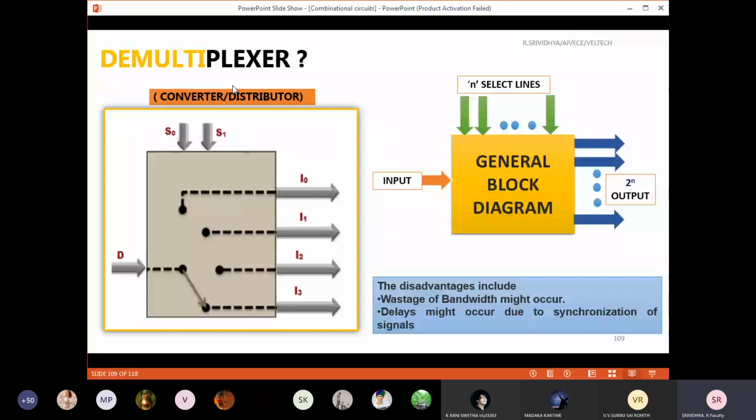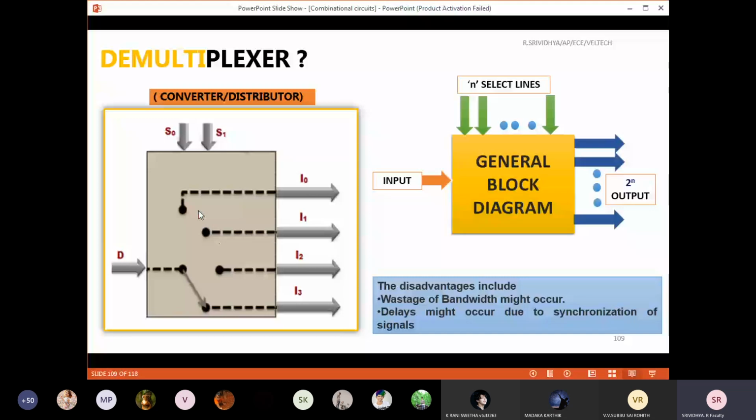See, why I'm mentioning all these names repeatedly is sometimes the questions will be twisted. At that time, you should not get doubts about which should be employed. For that only I'm mentioning it again and again. So here also I've taken the live example of Bluetooth speaker, then mobile phone, all that. So at a particular combination, it can be given to this or this or this or this. It can be distributed.